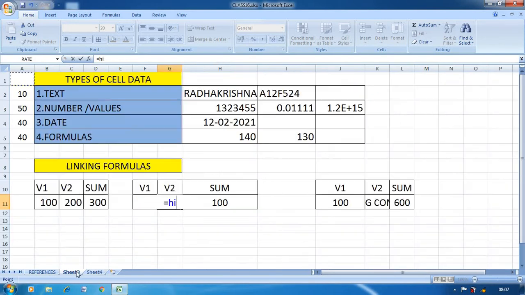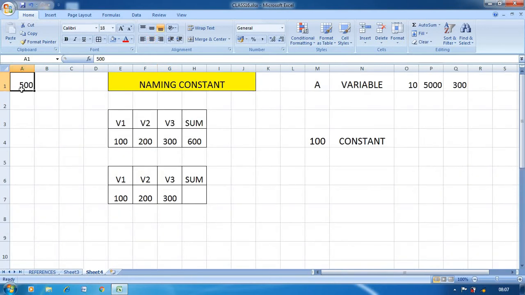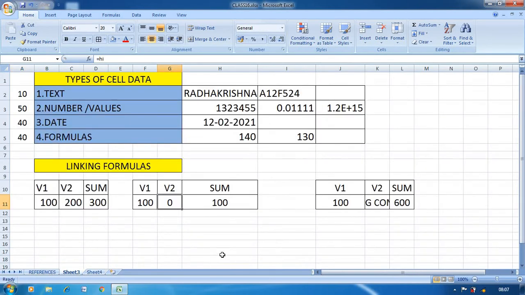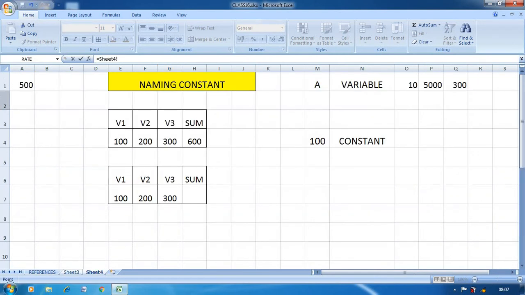Then if I move to sheet 3, first I will clear it, clear all values, then equal, then sheet 4, then this one.